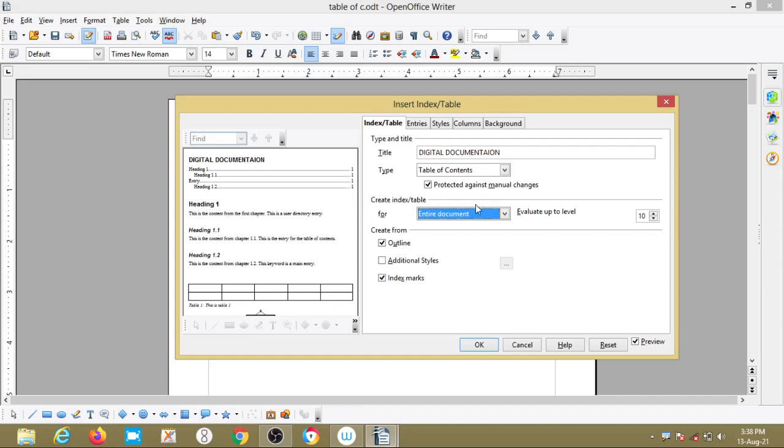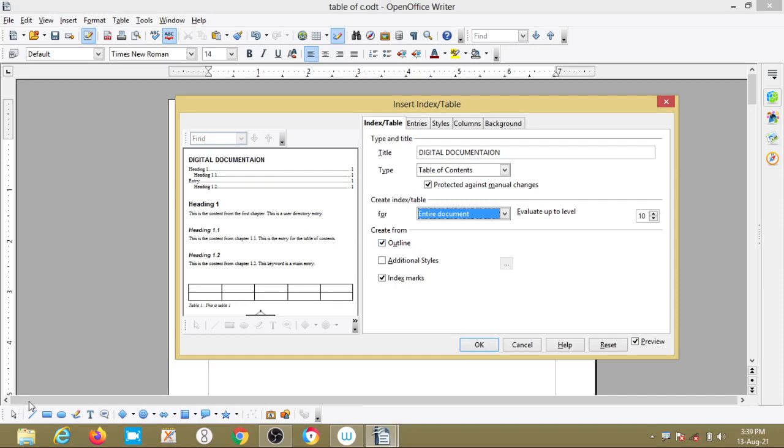So what will it do? It will cover all document content or only chapter names. The table of contents has to display either only chapter names or the entire document, that is why we have to select this. I want the entire document, chapter names, subtopics, introduction, all those things, so I am using the entire document. So this is the outline. Outline means headings visible inside the table of contents. That is why I am selecting outline here.